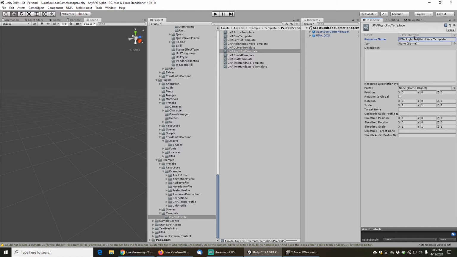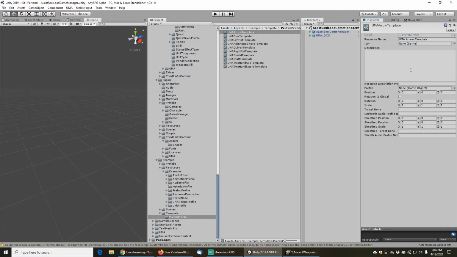UMA right fist template. UMA shield template. UMA staff template. UMA two-handed axe and UMA two-handed sword template. Okay, and